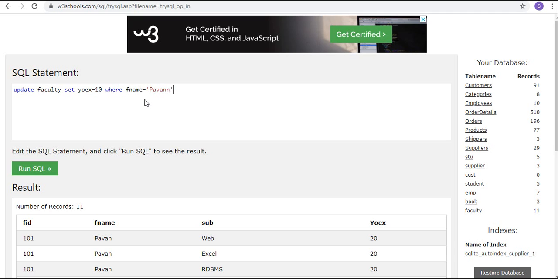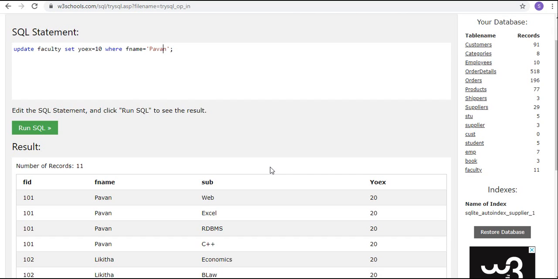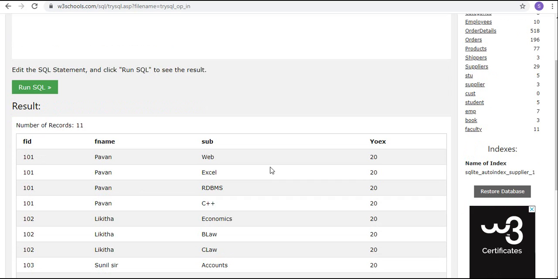Now what will happen if I run the query? How many records will get affected?